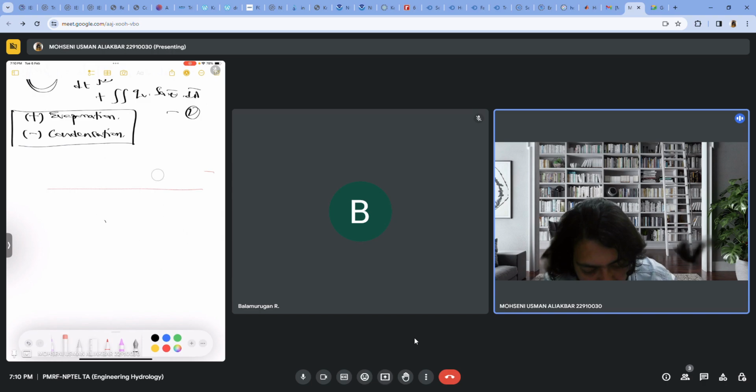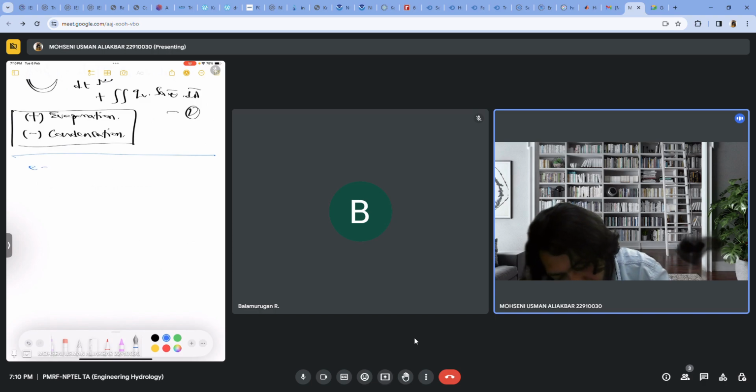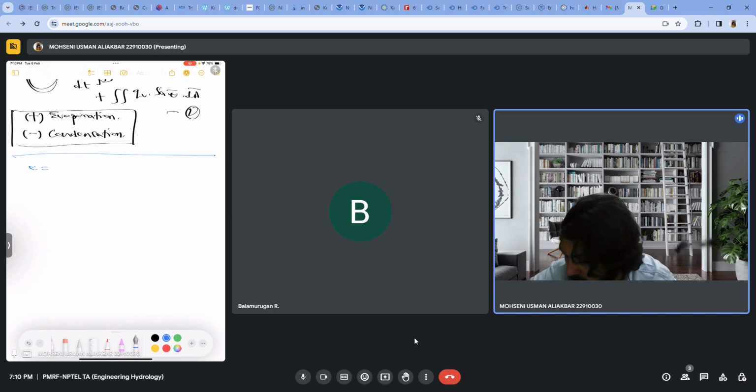The simplest definition of vapor pressure would be the pressure exerted by vapor in the atmosphere. It is denoted by E. So we can say that E is nothing but the pressure exerted by